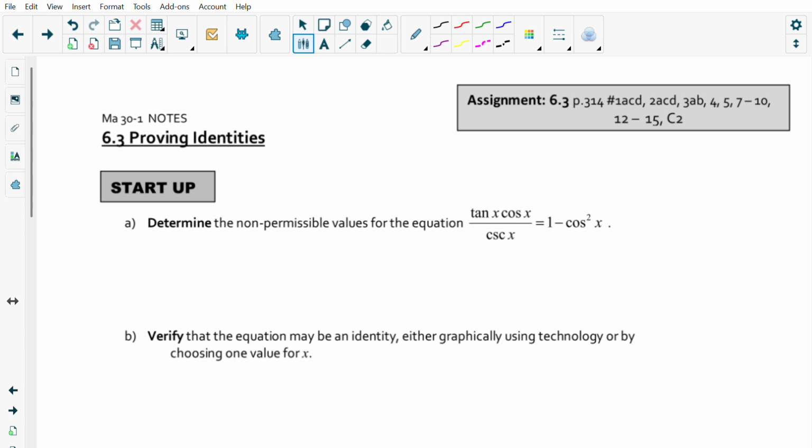6.3, proving identities. Okay, let's do a little startup on non-permissible values. So determine the non-permissible values for the equation tangent of x cosine of x divided by cosecant of x. Okay, so the first part here,